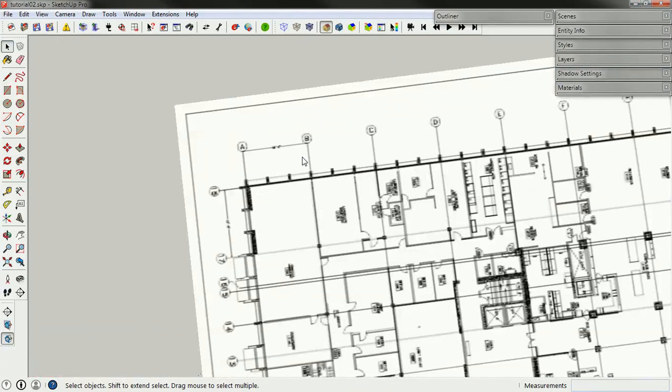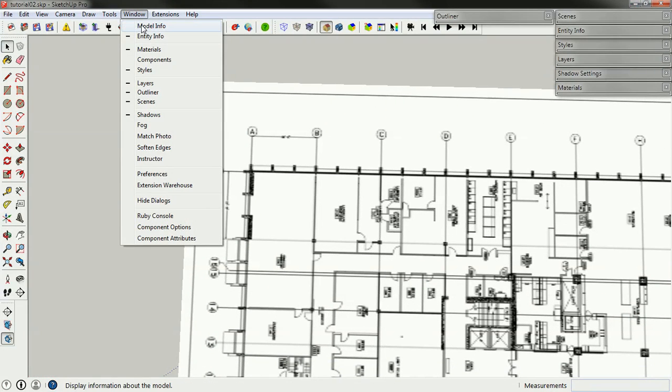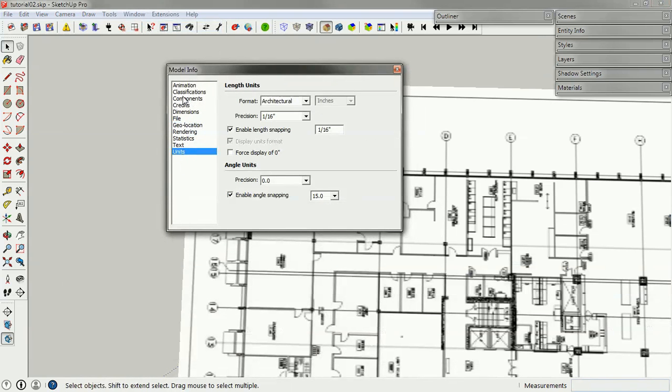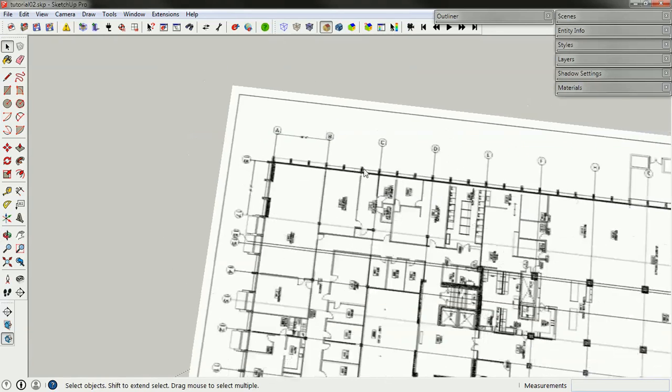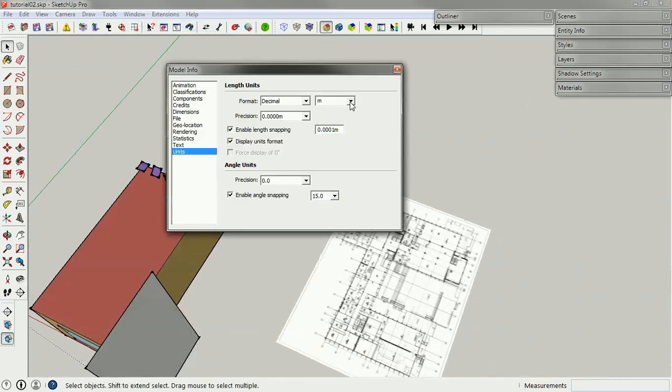Now, if you've got metric, that's fine. I'll show you how to change the units. You go to Window, Model Info, and you'll get this dialog box. Go to Units, and here you can change from inches to metric by going to decimal and then changing to metric, either meters or millimeters. I prefer millimeters, but I'll leave it up to you. And then you can just click X, and now the model will be in meters. I'm going to change that back to inches